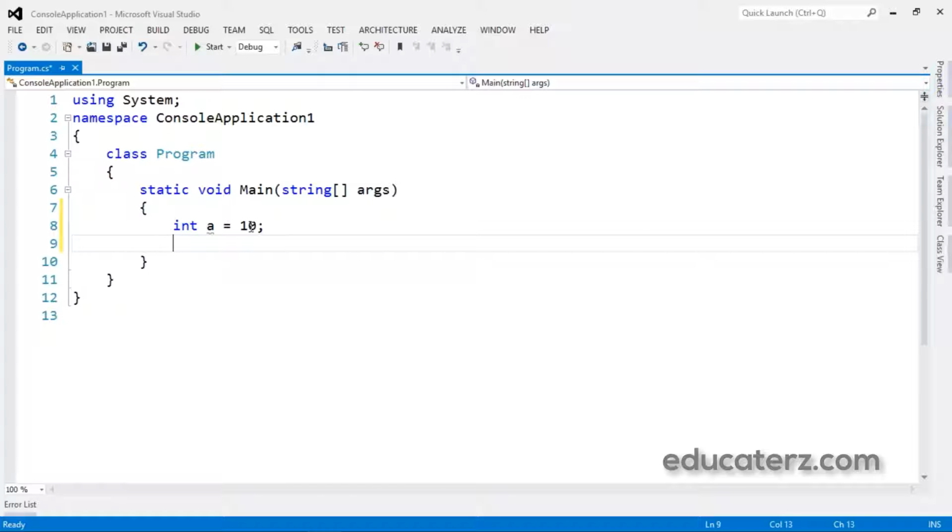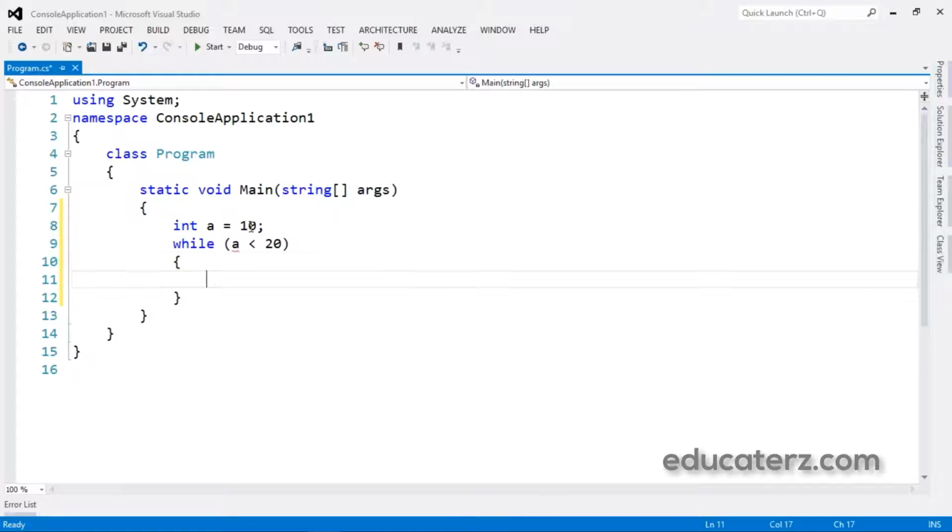The syntax also says that while comes first, and only if the condition is true will it execute the statements inside the while loop. While a is less than 20,